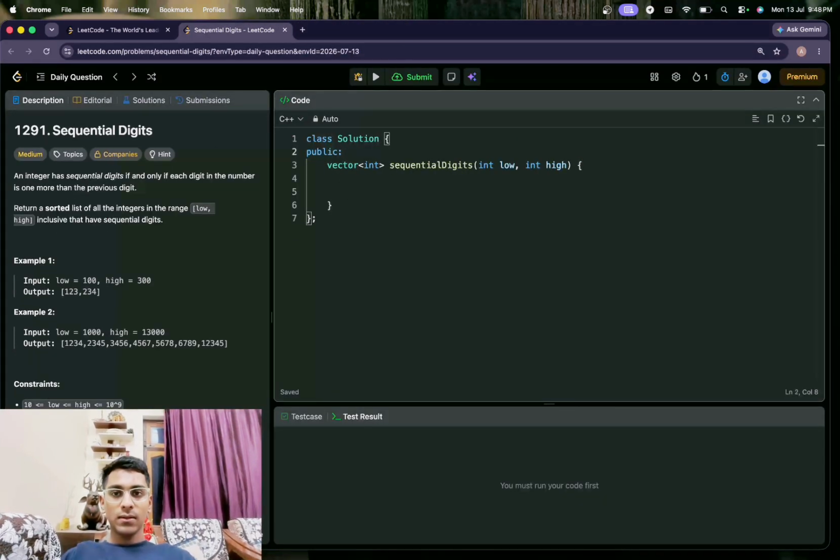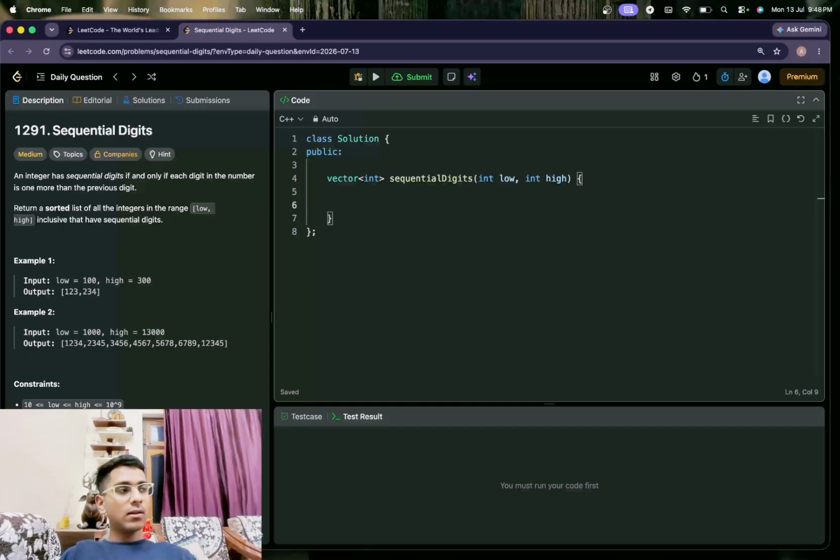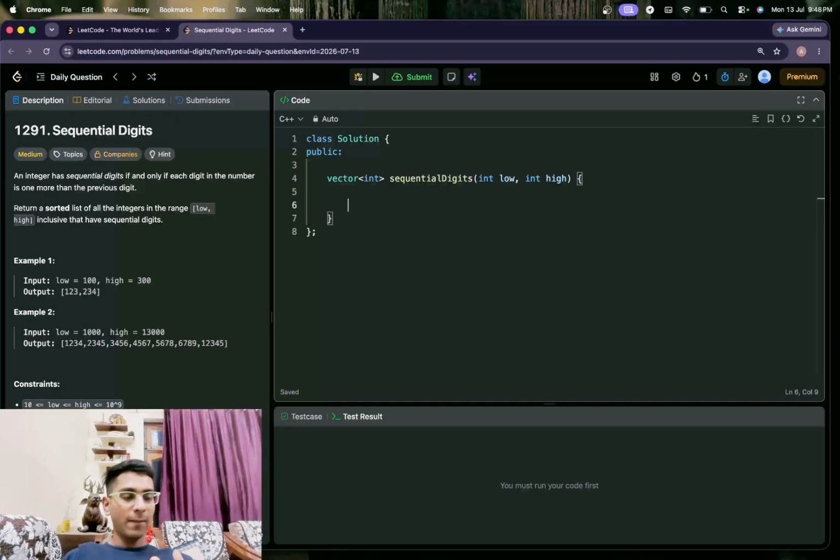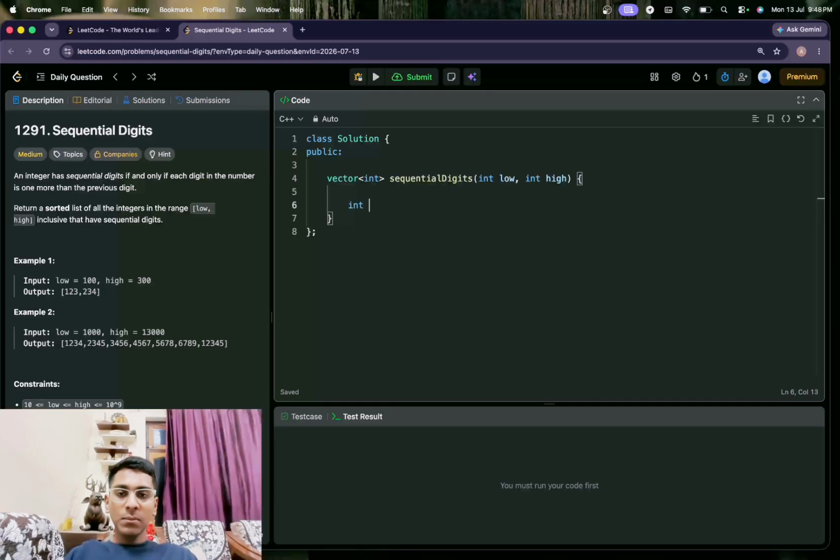So first of all I know that we have to make numbers. When you are going to make numbers, two things should be in your mind. The first thing is how many digits should be there. The minimum number of digits should be the number of digits in low. How do we calculate the number of digits?